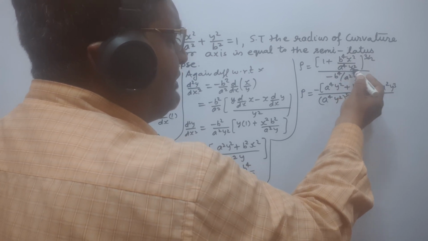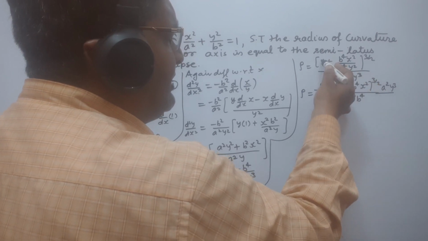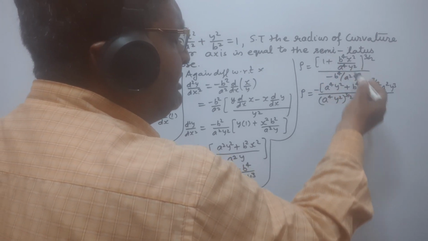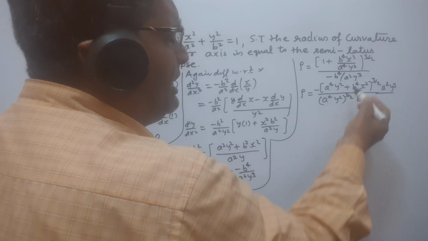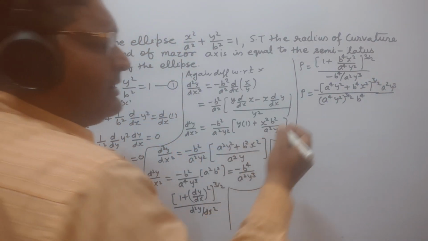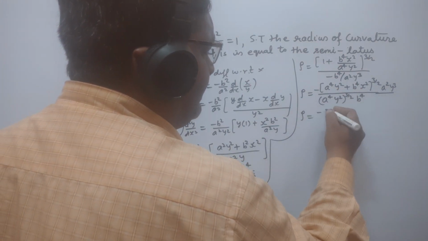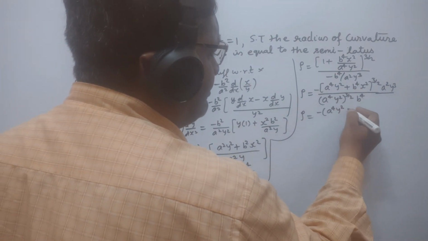फिर यहाँ ब्रैकेट में एलसीएम लेंगे तो a⁴ y² एलसीएम होगा, तो a⁴ y² की होल पावर 3 by 2 हो जाएगी और a⁴ y² 1 में मल्टीप्लाई होगा तो (a⁴ y² + b⁴ x²) होल पावर 3 by 2 होगी। अब ये a² y³ न्यूमरेटर में जाएगा तो a² y³ हो जाएगा।